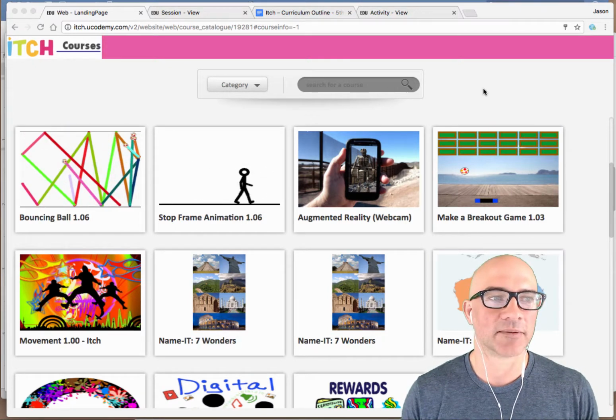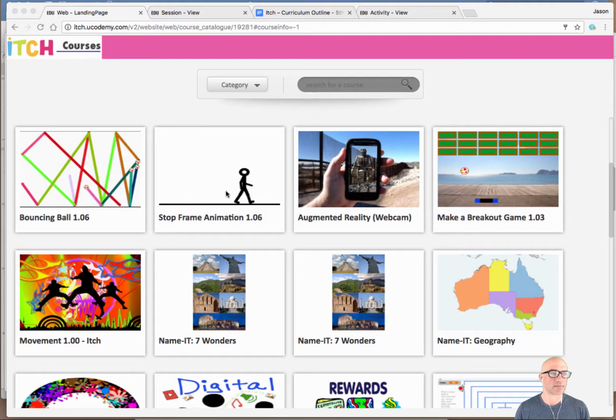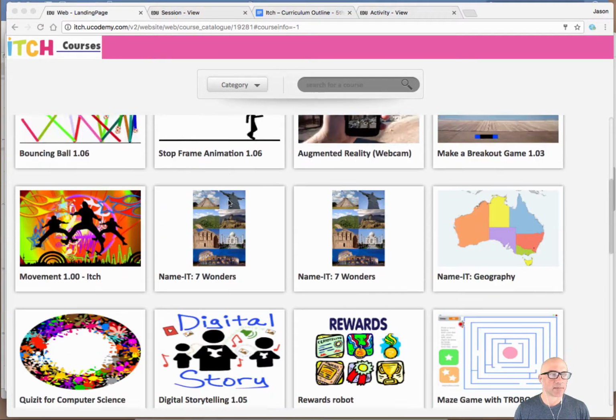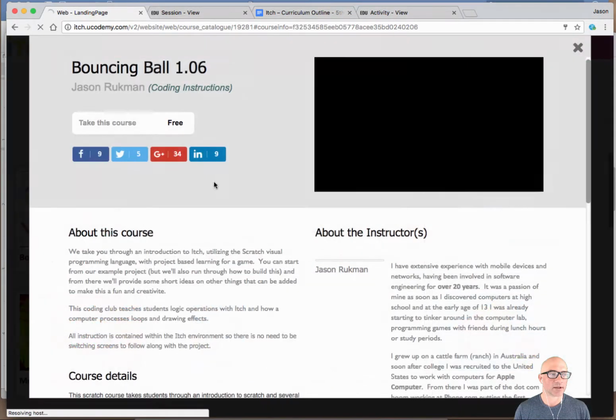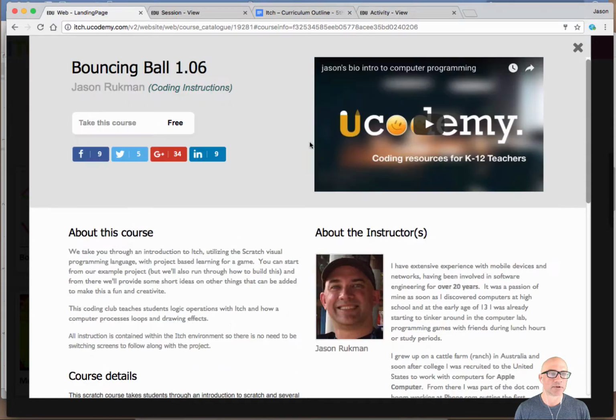So just to start with, I'm looking at the iTCH course catalog here, and you can see in this catalog that we have a number of courses. You can scroll through and look at all of these different courses, but in several of them we have put in the course details the standards that the course tracks to. We have done these through the Computer Science Teachers Association matrix, but we also have a company